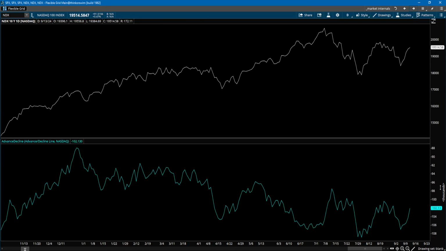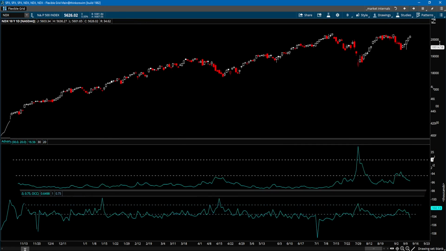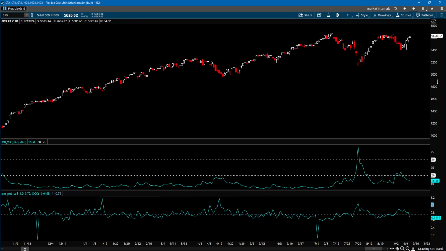For the AD line for the NASDAQ, we did not see any divergence on the short term, but we're still looking at this long-term negative divergence. The key thing to watch is whether it will get above this pivot high here on the AD line when it breaks above the 20,000 level. Based on the internals, especially the new highs and new lows, the market is still showing internal strength. And the positive divergence between the New York Stock Exchange cumulative AD line and the S&P 500 tells us that we will likely see a higher high for the S&P 500.